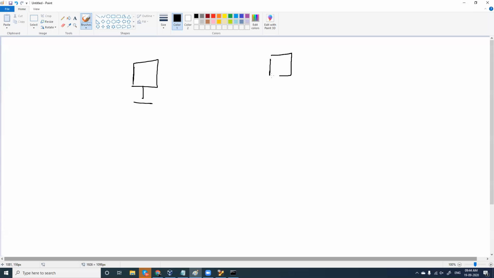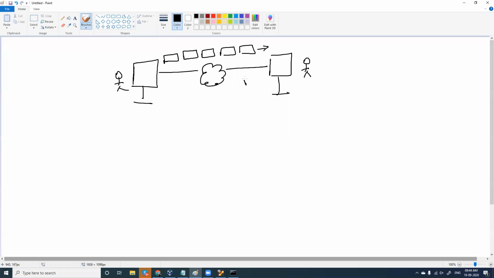I told you in the beginning, computer communication happens in packets. Two computers are connected to each other on the internet, or you are here and your friend is here and you both are chatting. Anything which goes out of your computer will be in packets, and whatever comes in is also a packet. So it is all packets. Computer communication is based on packets, and that is where we learned TCP and UDP. These are two different protocols with which computers can communicate with each other, either with TCP or UDP.